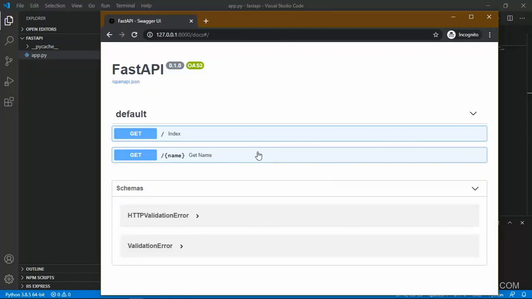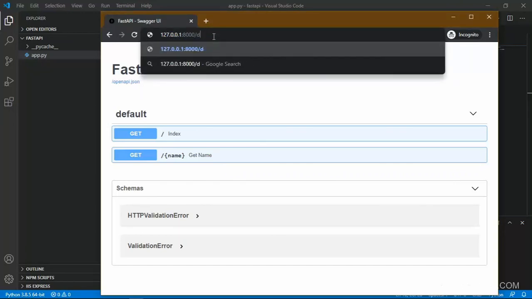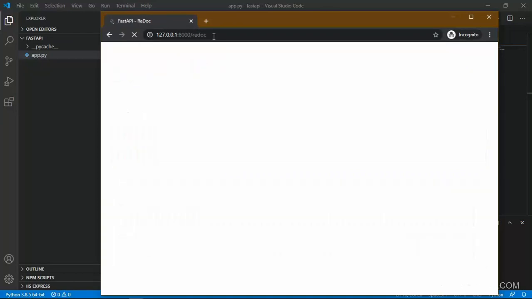So there is no separate documentation required if we are using Swagger UI along with some documentation text, and if we follow some standard of the Swagger UI. This is the Swagger UI that helps you provide the UI for your API. So let's now check ReDoc. ReDoc is the same as Swagger UI, which also provides documentation for your API.